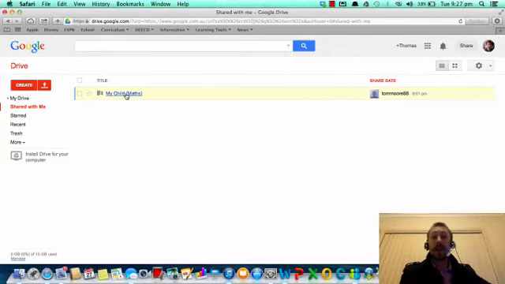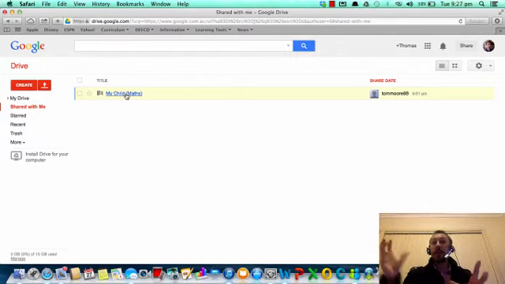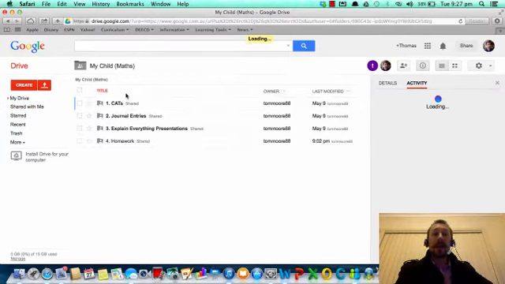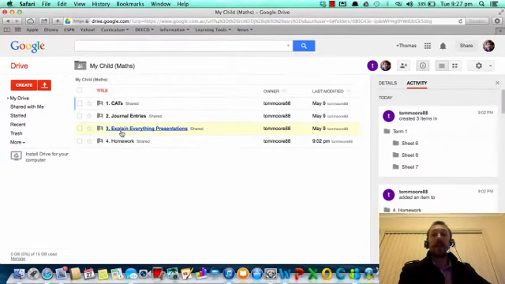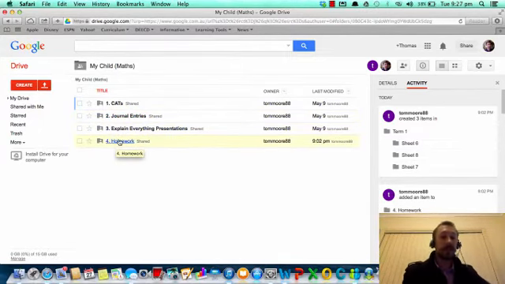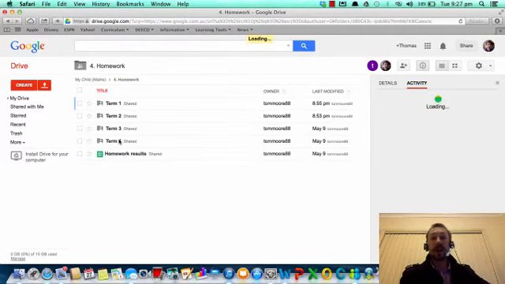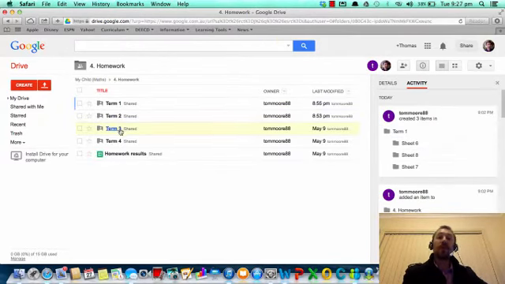Now we'll just go through and have a look, because I've shared this folder. Every single folder and every single element within this folder actually gets shared, and you can actually see it from this. So this is like the very base folder, and everything inside it you can actually see. So we'll go here, and everything inside of this one you can actually see, like I said before. So you've got common assessment tasks, journal entries, explain everything presentations, and homework. And so, of course, within homework then, you've got term 1, 2, 3, 4,